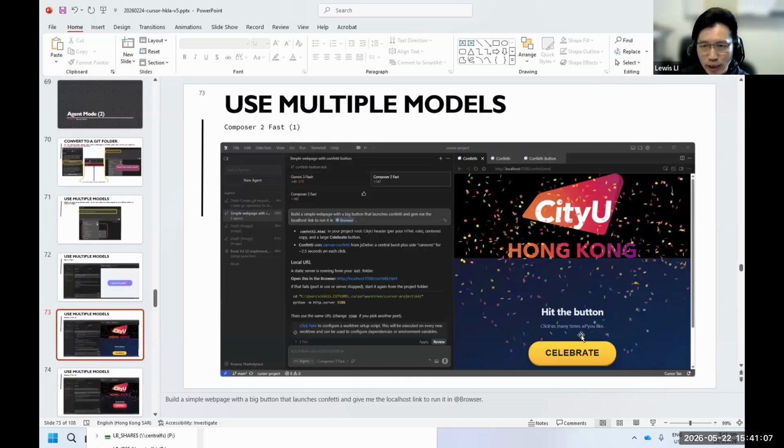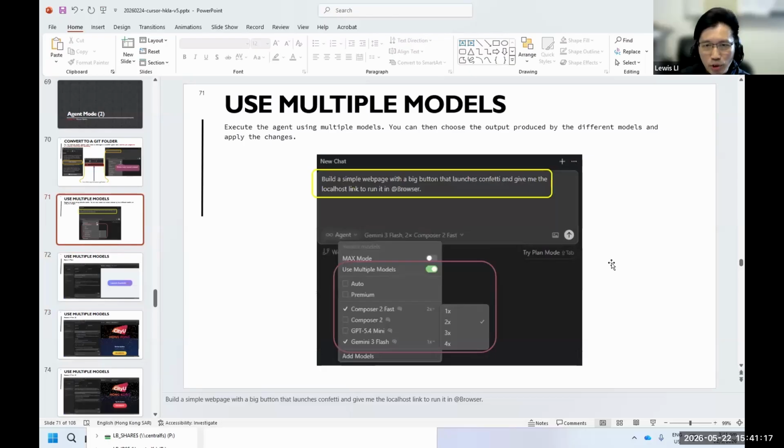I want to create an HTML page, and when I click this, some firework-like things will show up. And I want to create this HTML page using different models at the same time so that I can compare the results later to see which one gives me the best result.